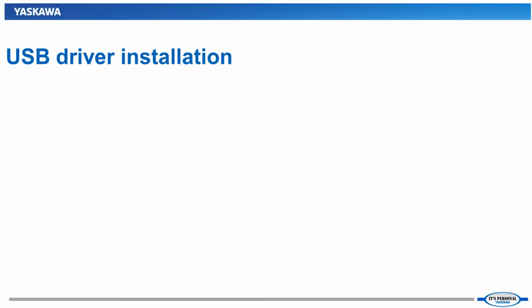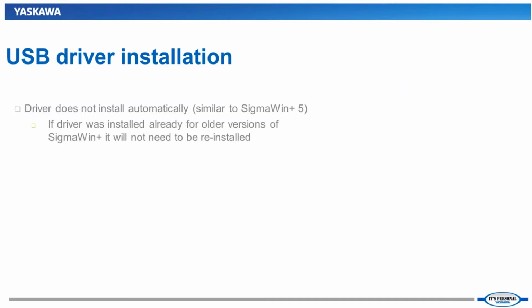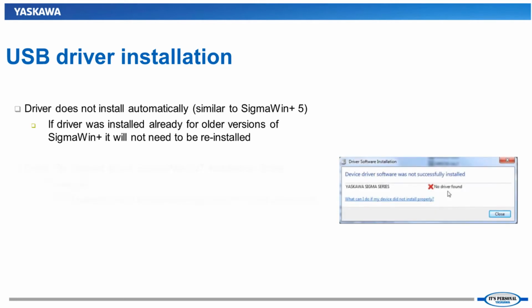and run the software without it installed, it will give you an error message and prompt you on how to install that. The USB driver installation: for those of you who have used SigmaWin version 5, the driver for the USB port does not install automatically. If you already have that driver installed for SigmaWin version 5, you do not need to reinstall it, but if you do not have it